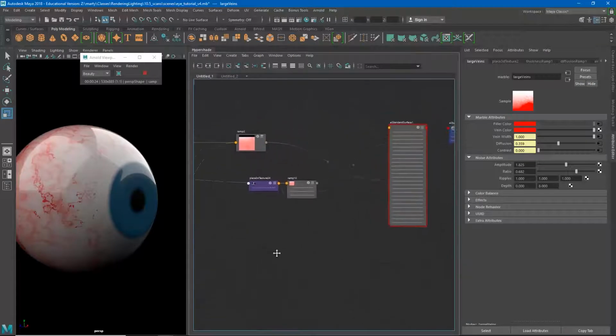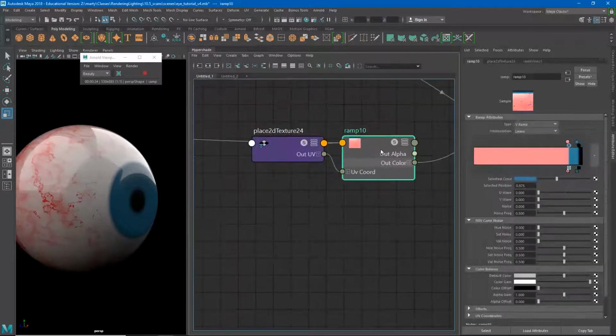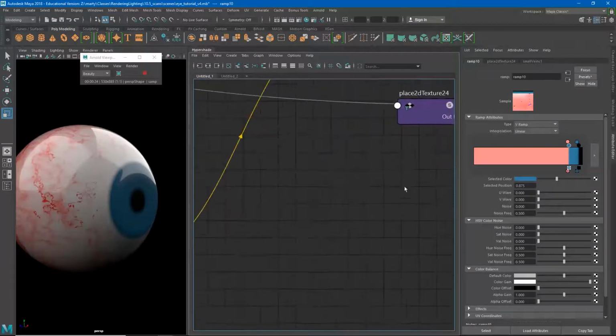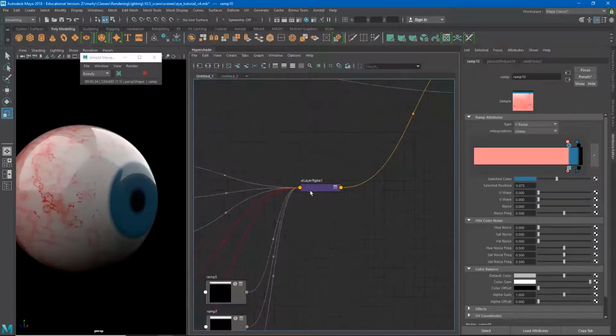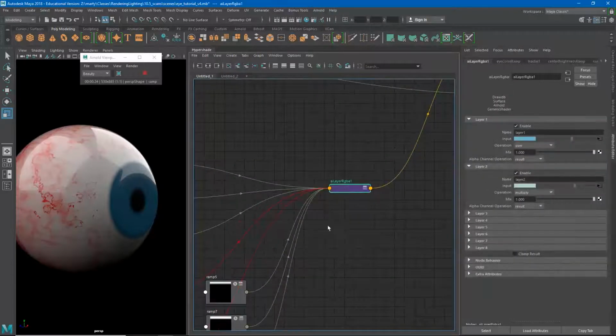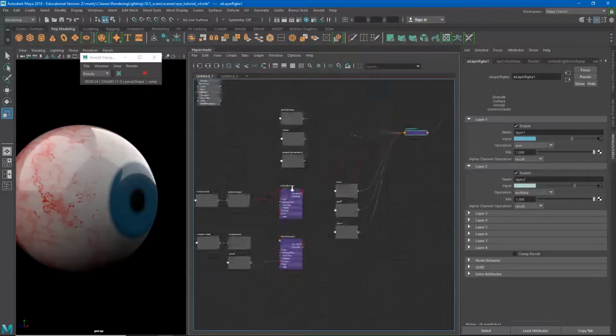Where's my little test ramp here? This is what's on here now, and I've just got blue here in 2 spots. So really, instead of just using a solid blue, I basically made a collection of things, a collection of layers with